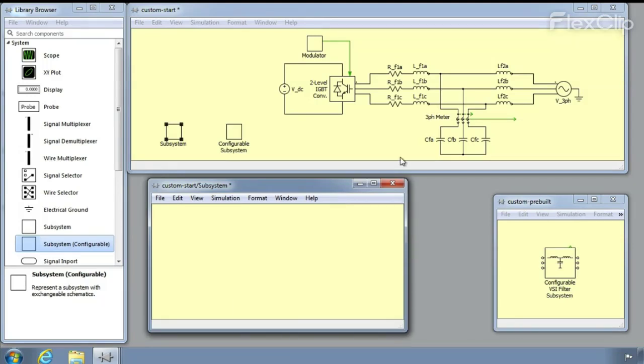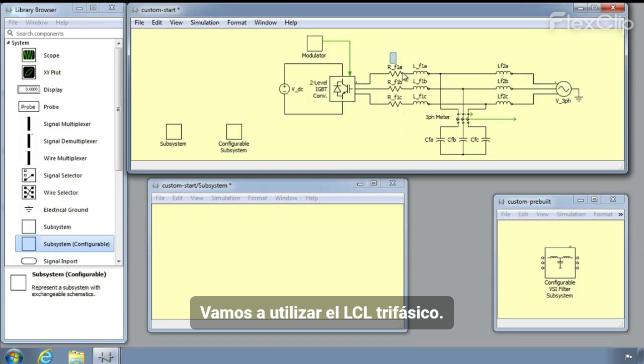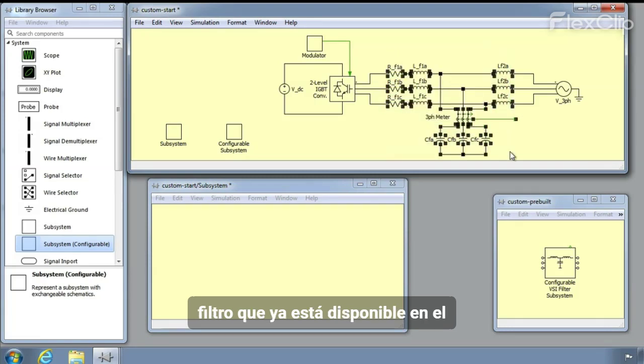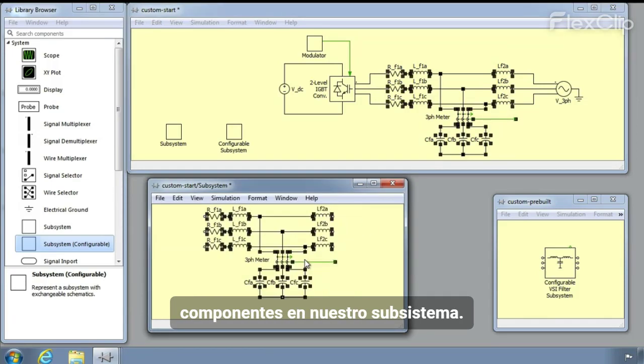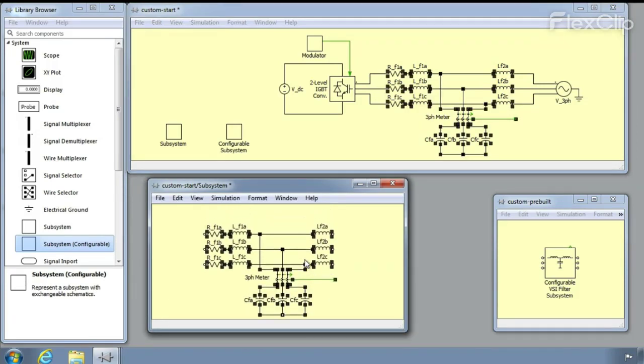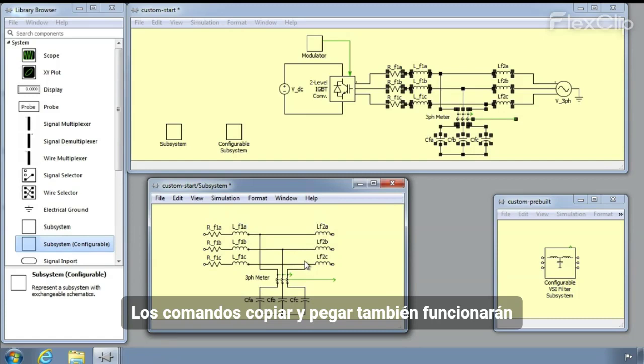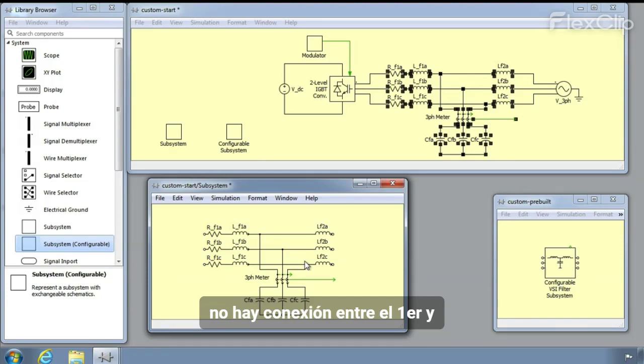existing design. We are going to use the three-phase LCL filter that is already available at the top-level schematic and drag these components into our subsystem. Copy and paste commands will also work for this action. We now have a subsystem defined in a second layer, but there is no connection between the first and second